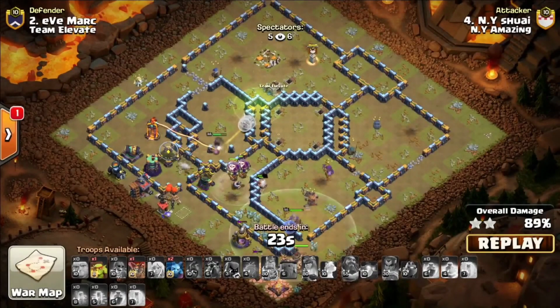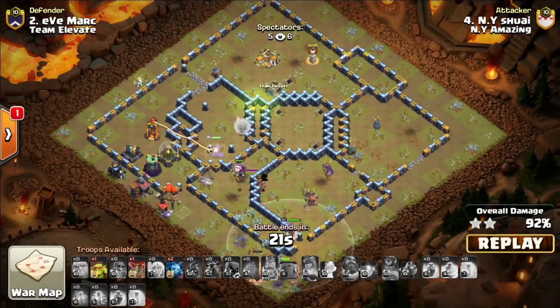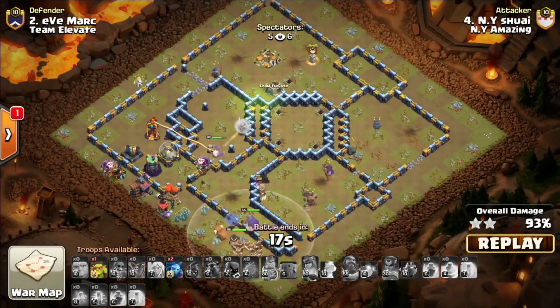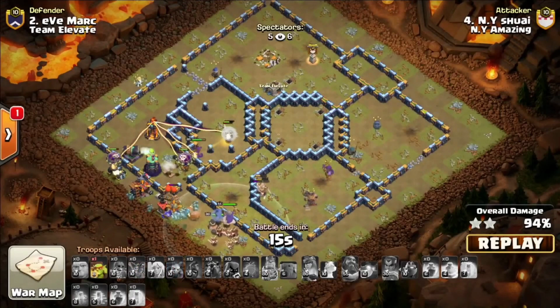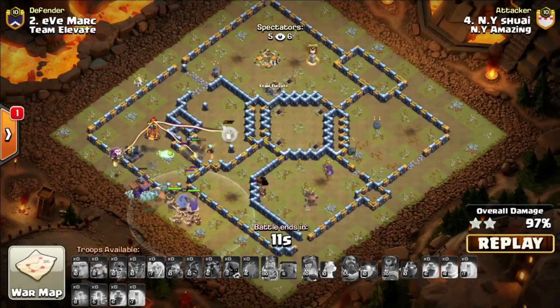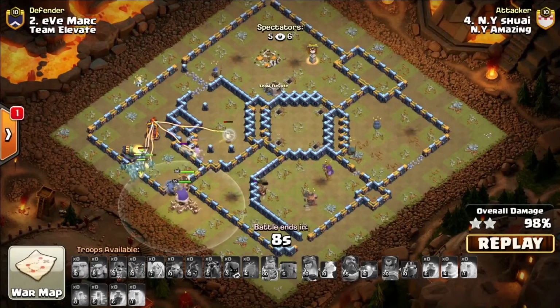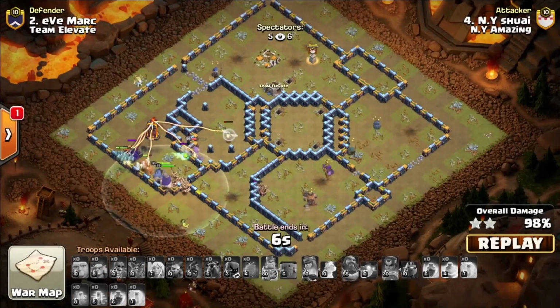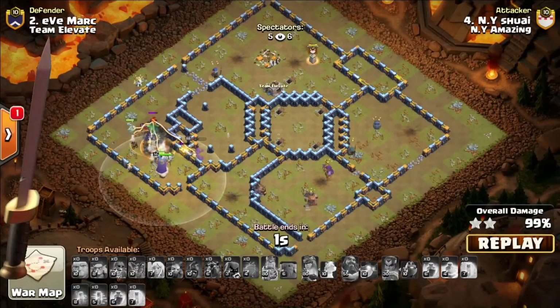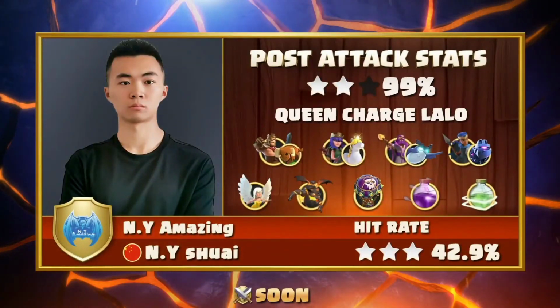Hashtag not my queen. The king was the real leader of that bunch. He had his sword straight on target while the queen was still trying to get her pants on straight. But unfortunately for Schwei, that's going to mean a 2-star 99%. The only hopes that this squad really had at being able to pull off a victory. Not a single triple coming hot off the heels of what looked to be a nearly perfect war for NY